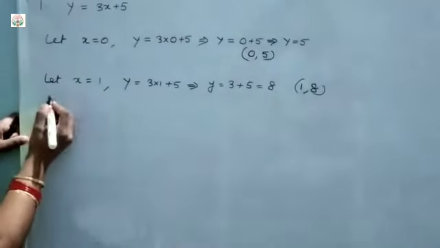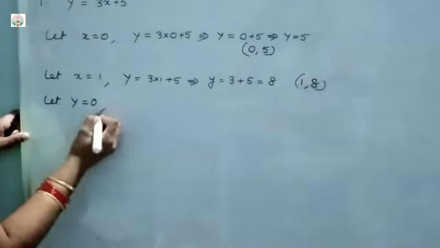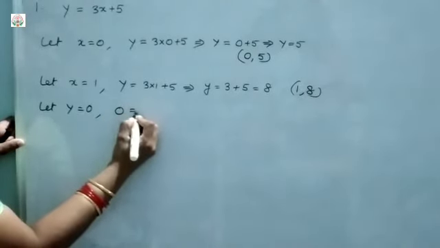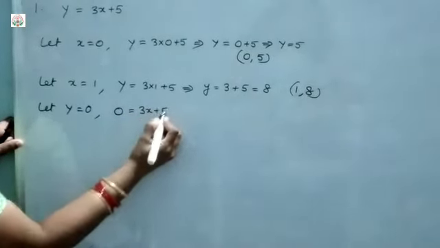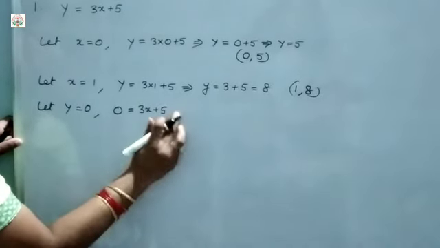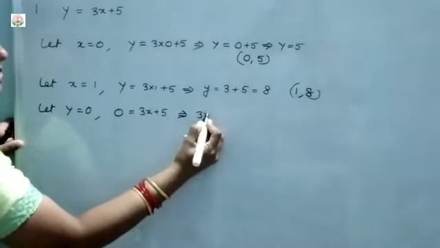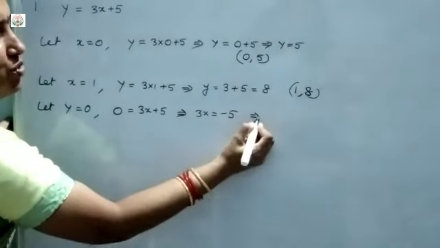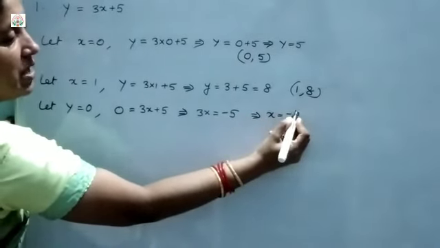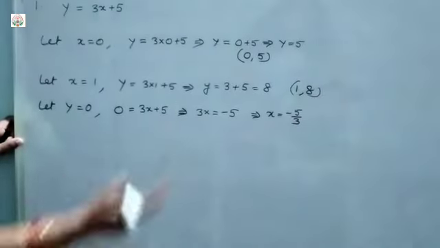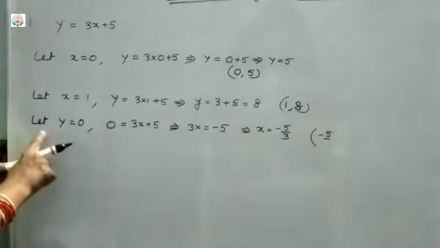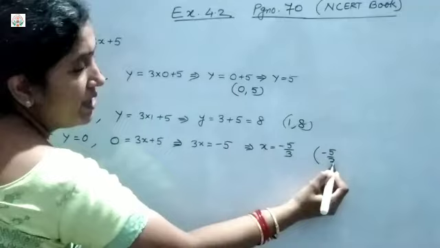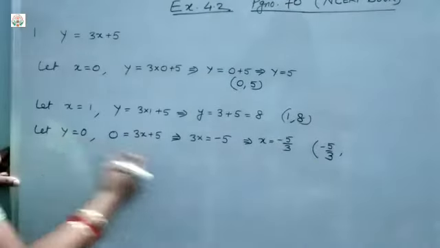Okay. Now next, suppose I am taking y as 0. If y value I took as 0, what I will get? Y value put it 0 equals to 3x plus 5. Okay. So now this I write 3x equals to minus 5, transposing. So now implies what? x will be equals to minus 5 upon 3. Okay. So this is also one of the solution. So when we took y value as 0, what is the x value? That is minus 5 upon 3. So write here minus 5 upon 3 in next place, and one place what you will write?